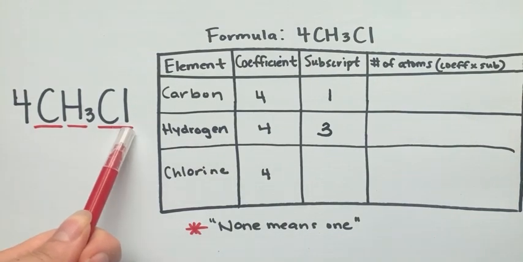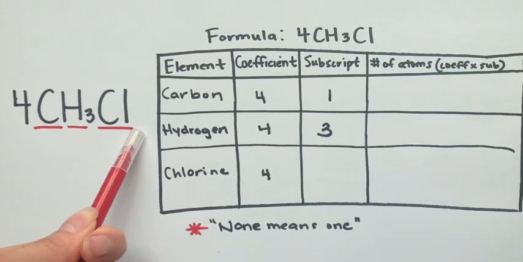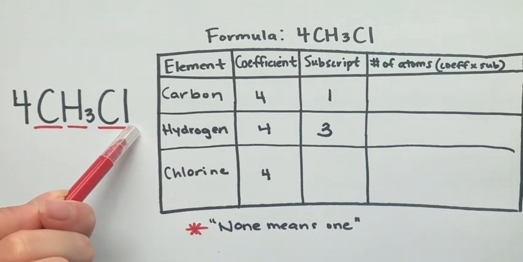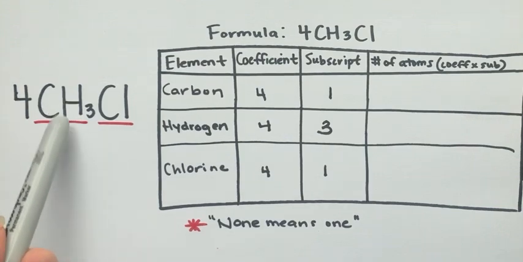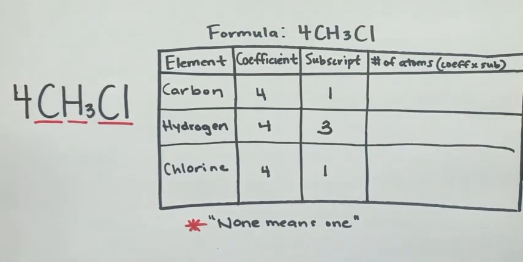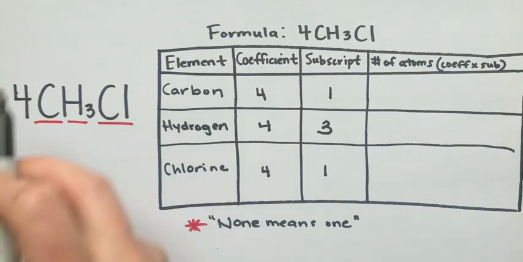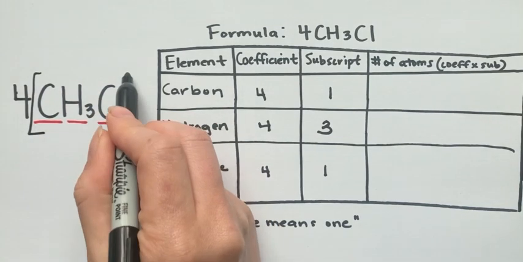Finally, I have my chlorine. Very similar to my carbon, I see that there is no written subscript. I know the rule none means 1, so I can assume that subscript is 1. Now, finally, we want to take all of this information and use it to determine how many atoms of each element is present. So what is happening here is this is telling me that I have 4 molecules of the